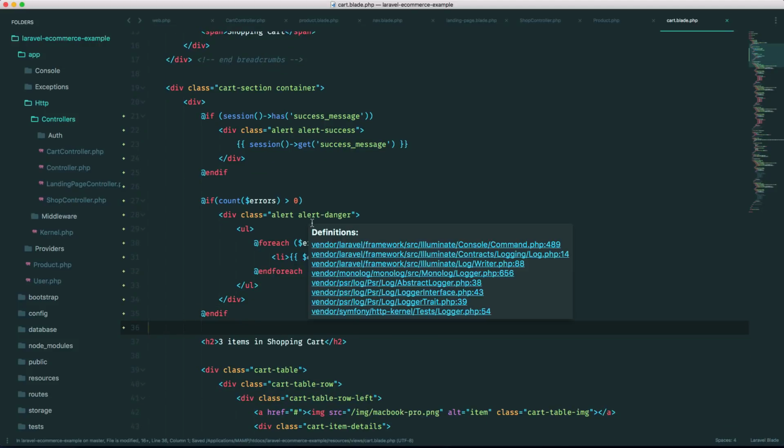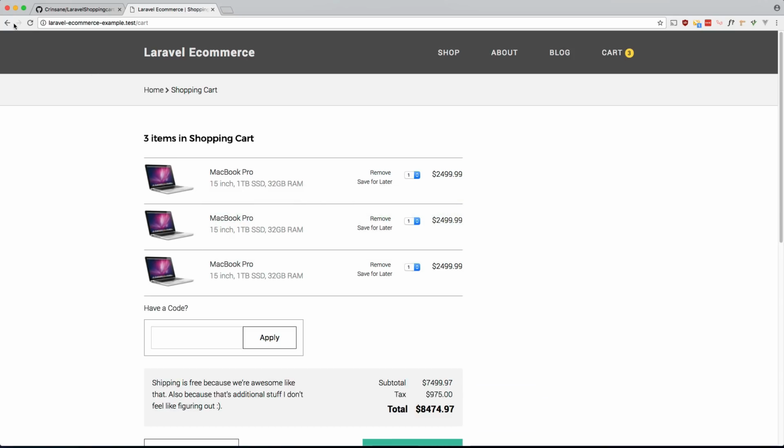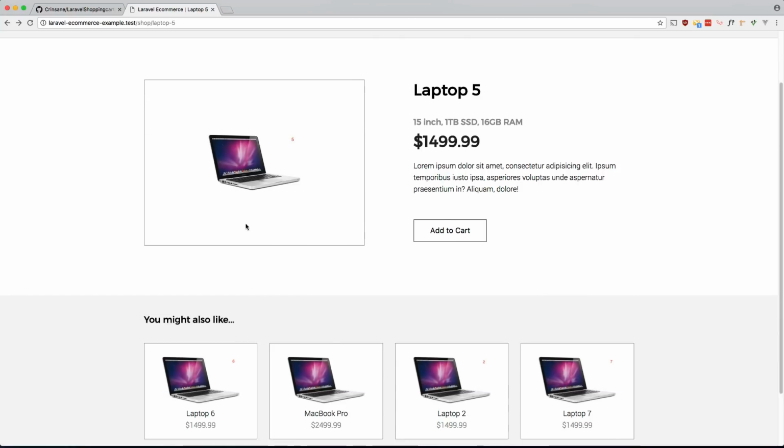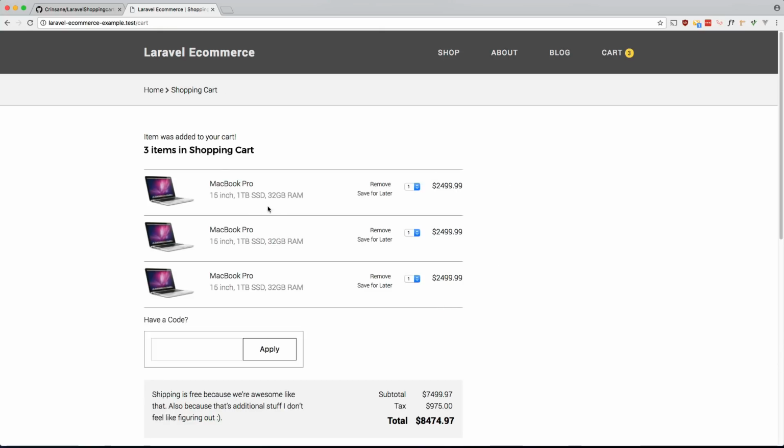So save that. Let's try that again. If we refresh, add to cart, we should see a success message now. There we go. And looks like I didn't add the CSS for that, so